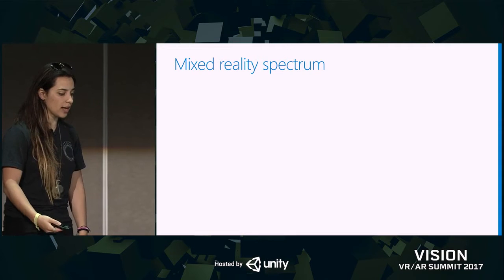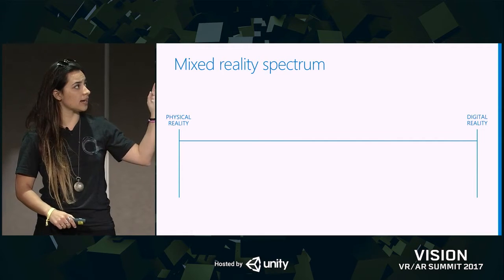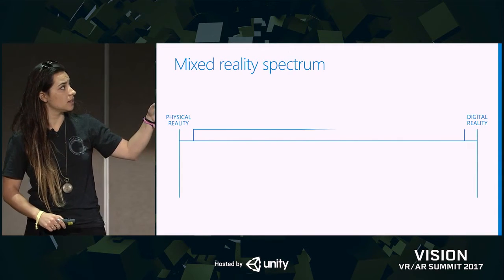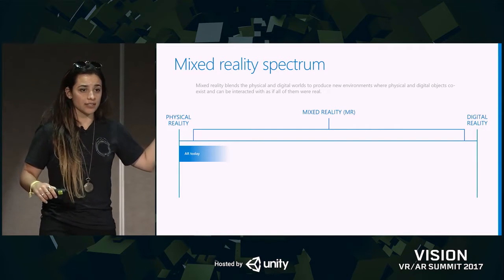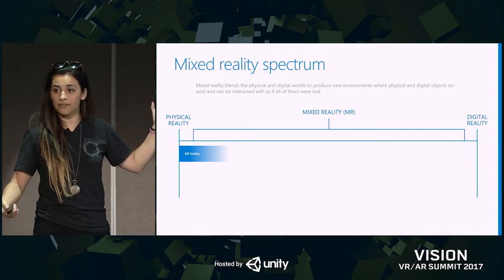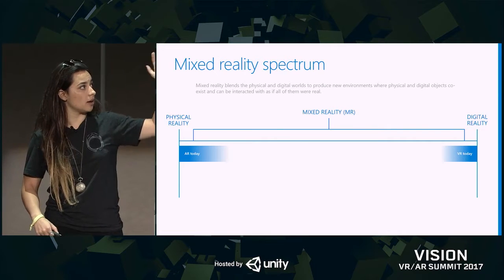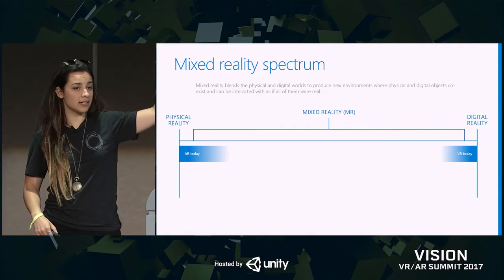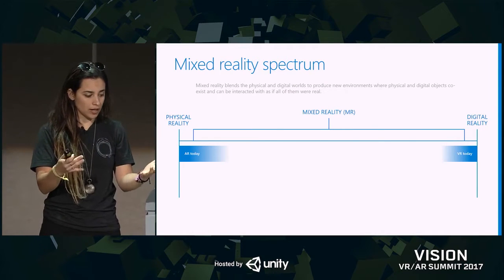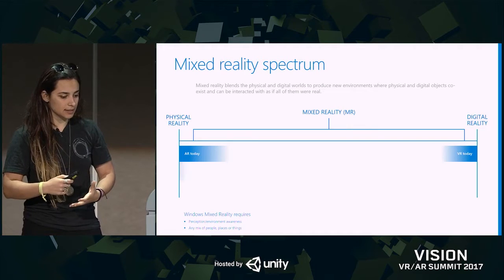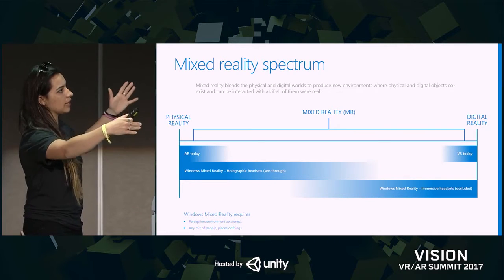And so we define mixed reality as a spectrum. On one side, again, the physical reality, and on the other, the digital reality. So there we go. The physical reality, we have AR on one side. So this is like your Pokemon Go, Vuforia, if you stop by their booth, has great technology for this. And then on the other end today, VR is that digital reality. So when you put on your Vive, you're being transported to another world. And the cool thing about mixed reality is that you can kind of be placed anywhere along that spectrum.